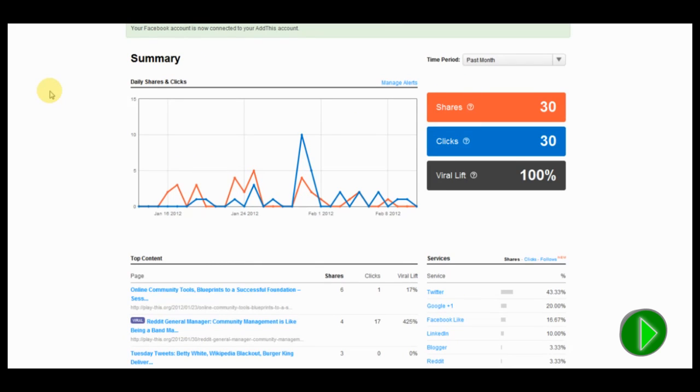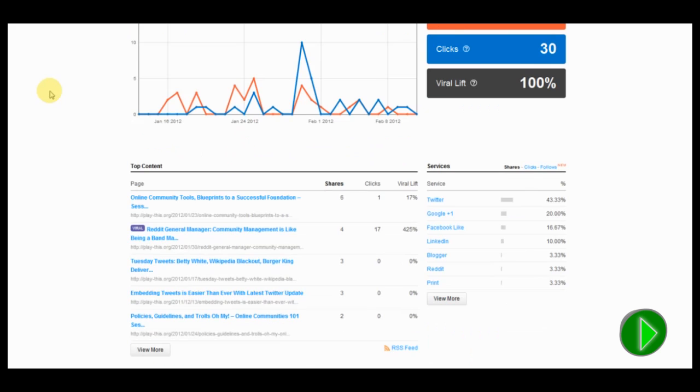So let's just take a quick look at the analytics from Add This. As you can see here, it pretty much gives you a really simple layout. It shows you how many of your articles have been shared, and then how many people have clicked on that content after it has been shared. It also gives you this viral lift number, but I really wouldn't worry about that too much. But even more important below it, it'll show you the top content that was shared, and then again you can break down that content and try to figure out why it was shared, what keywords were being shared on them, and how much of it is being shared the most.